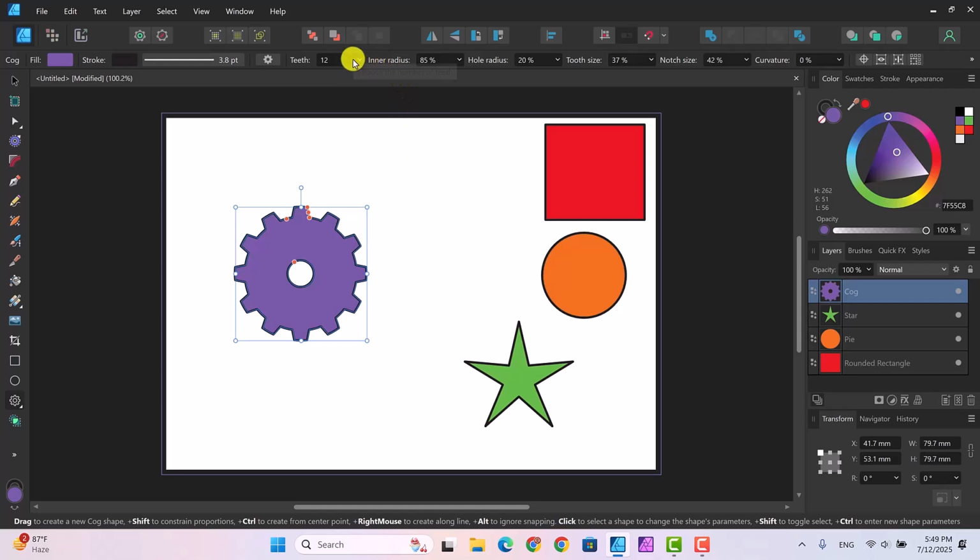It also has the number of teeth, so you can change the number of teeth if you want by using this slider. See how the teeth change? And you can change the inner radius by moving the slider. If you need that look, you can